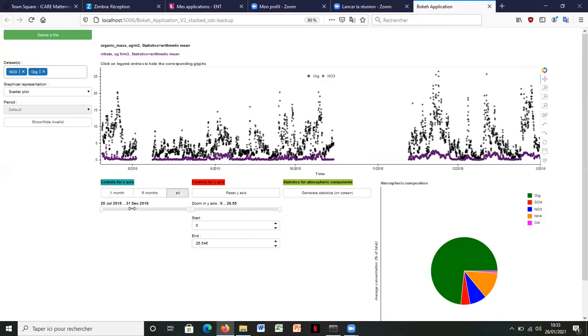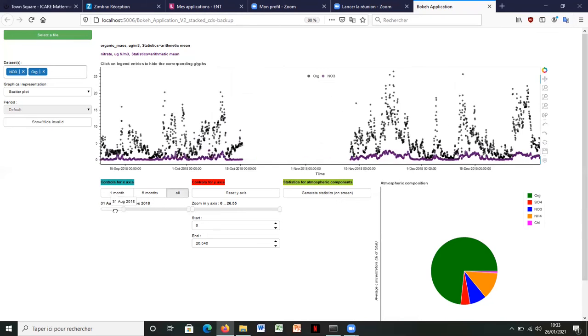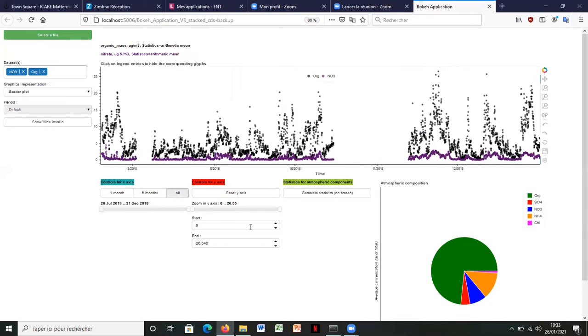Plus, a slider can be used by left clicking and sliding the mouse, just like this. The other column is called controls for y-axis.